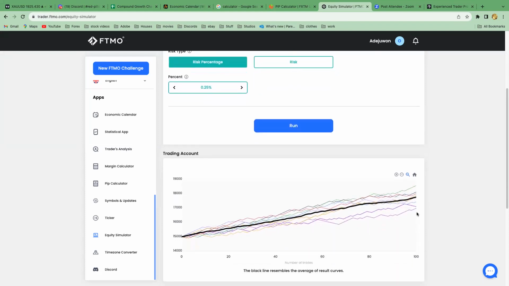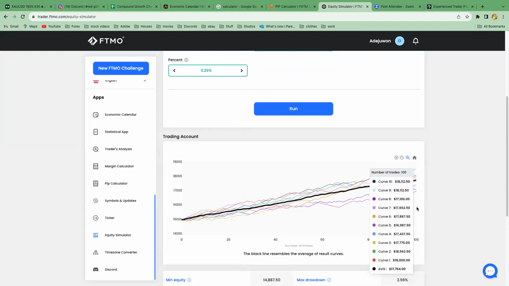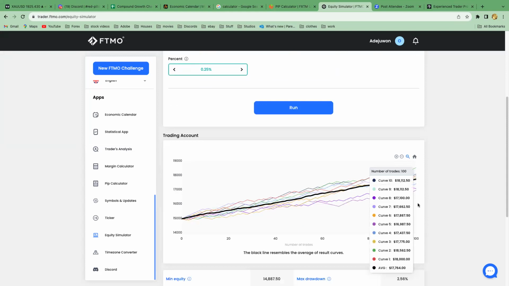So in this simulation, it has told us the average of these people that managed to take this trade setup got to 17,700. In this type of account, you need to make 10% on the prop firm account. So 10% would be 1,500. So you definitely made over 1,500. So let me see, where's that? 1,500, 6,000, 17,000. So yes, you basically hit your quota to be able to pass the prop firm account I'm showing you.